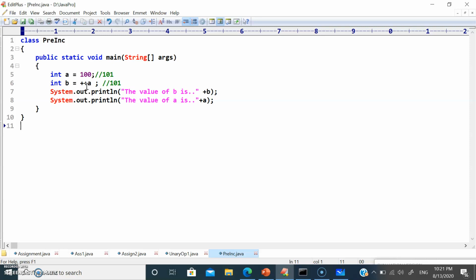In the next video, we will see the combination of post increment and pre increment, and we are going to work through n number of examples on this operator because it's a very important topic when it comes to Oracle certification. You can expect at least four to five questions on unary operators. So you need to be well versed in this operator, and I'm going to give you n number of assignments on this. See you in the next video.